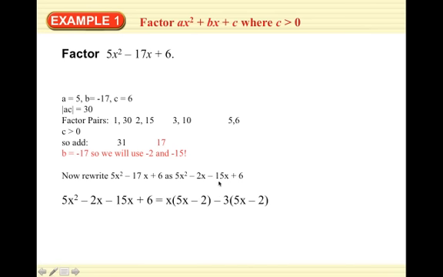So negative 15x divided by negative 3 is 5x. 6 divided by negative 3 is negative 2. Another thing you can look at is that if you distribute the negative 3, do you get back what you started with? So negative 3 times 5x is negative 15x. Negative 3 times negative 2 is positive 6. So this works. Okay, so what this has done for us is we've gone from having 1, 2, 3, 4